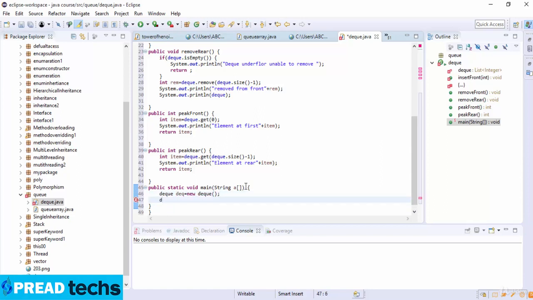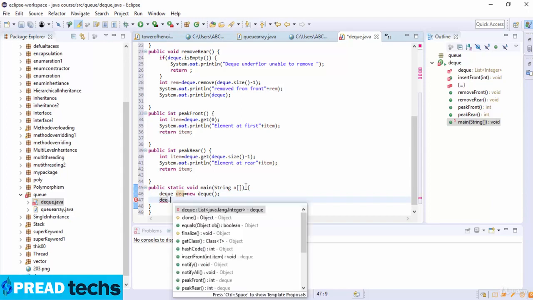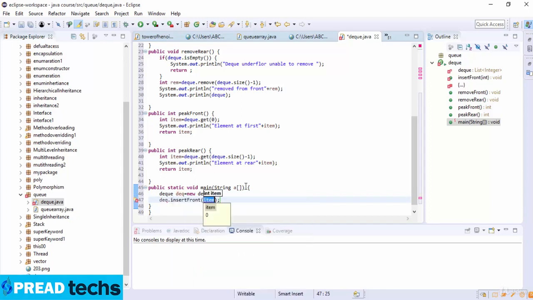Now deq.insertFront, which is 34, then deq.insertFront, which is 50,